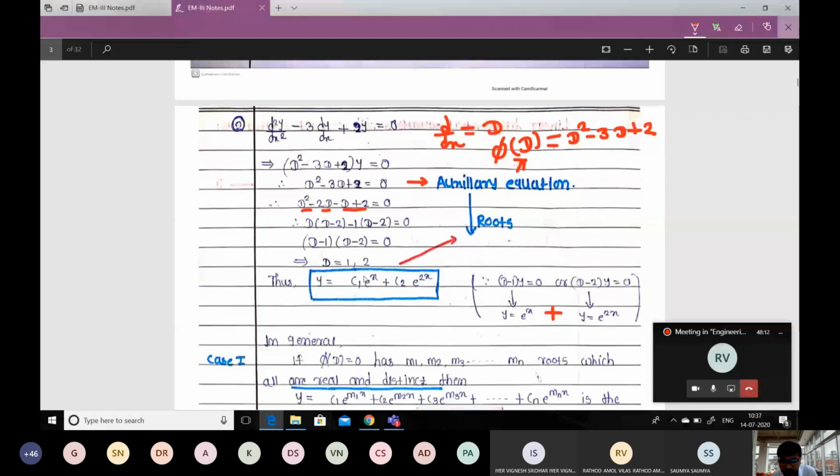So that builds the intuition that you have to consider the auxiliary equation and find the roots, then write the solution in terms of exponential functions, and after writing the exponential functions, take their addition. That represents the solution of the given homogeneous differential equation. Are you clear up to this?